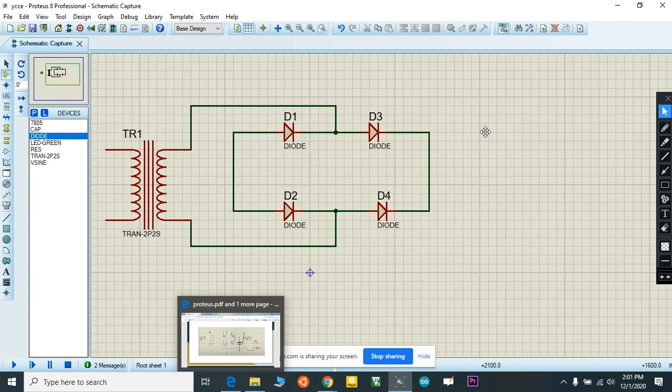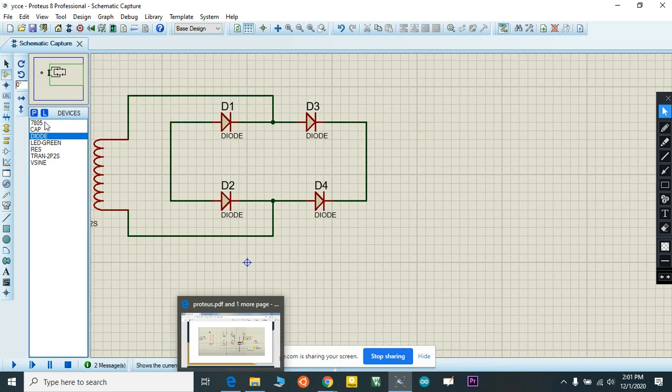Now I need to add my voltage regulator 7805. It will convert into 5 volt.